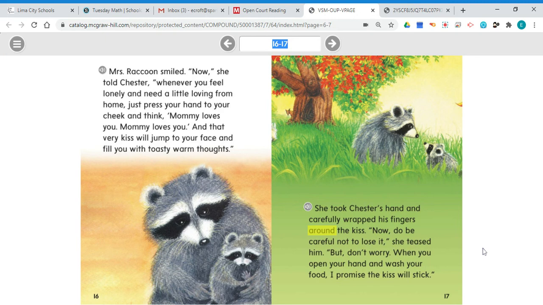Now, if you want to go back and read the story again with somebody at home, you do have access to it on Monday's assignment, so you can read the kissing hand